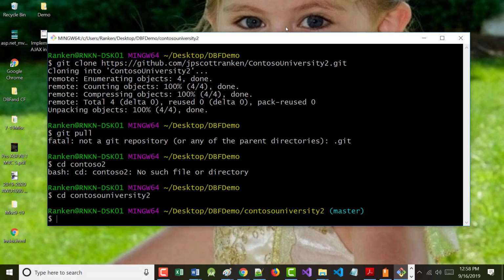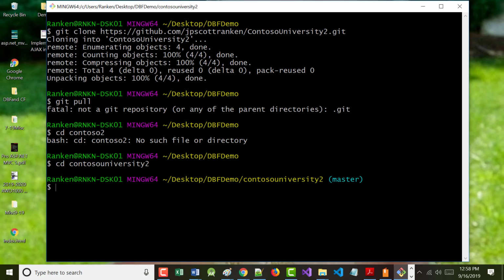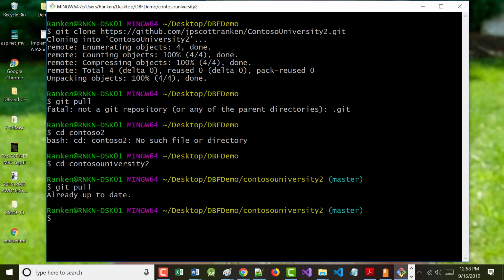Notice I can tell that I'm in a Git branch because it says master there. What I wanted to show you is if I type in git pull, it should say already up to date. And it does. That means that there is nothing under github.com for this project that differs from what I currently have. Does that make sense?